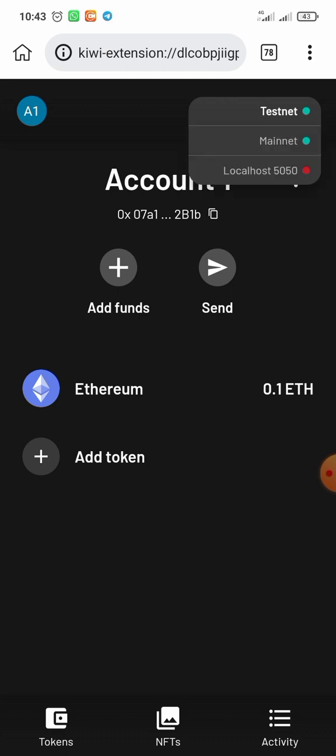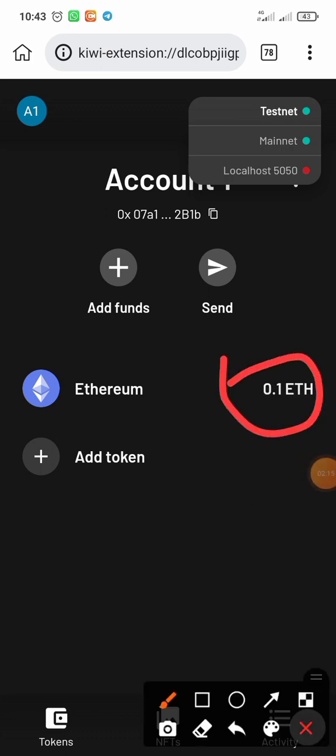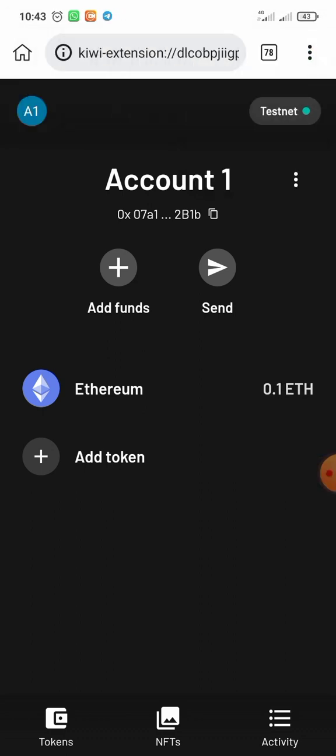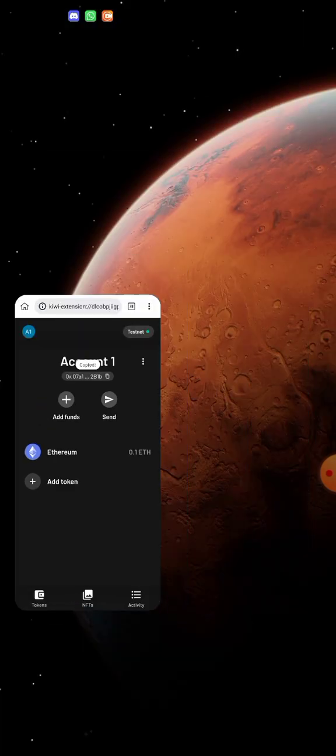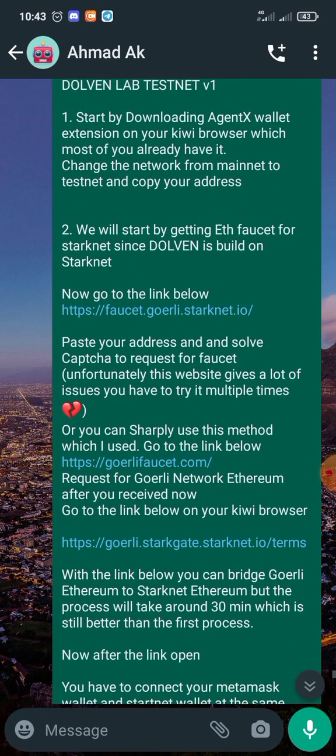When you change it to testnet, you'll not find the Ethereum balance in your own, so you have to request a faucet since we are doing testnet. So you can copy your address. When you copy your address, then let us go back to the manual. So when you copy your address, you can come to this place, which is the